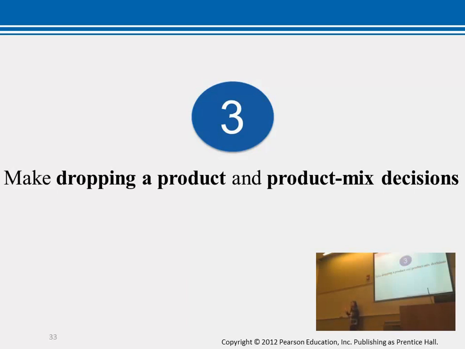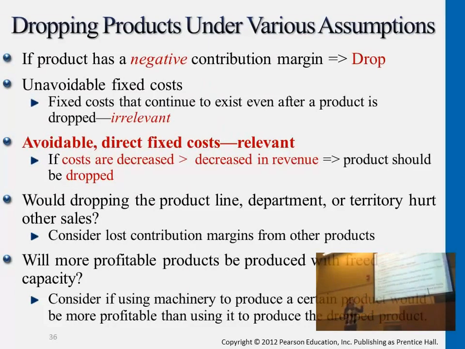Of course, companies are not setting the retail price to make their contribution negative in the first place. Sometimes this is because the product gradually becomes obsolete, the market is not demanding as much, so the retail price keeps on decreasing. So at what point do we need to drop it? At the point when there's a negative contribution margin. Okay. Now, if there's still a positive contribution margin, then what do we need to consider? Whether there are avoidable fixed costs or whether the whole set of fixed costs is unavoidable. Okay, so these are some of the relevant questions.